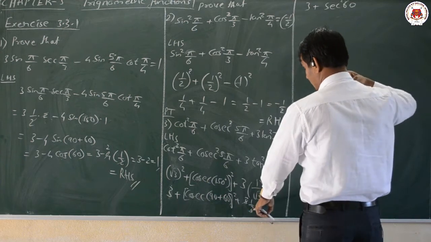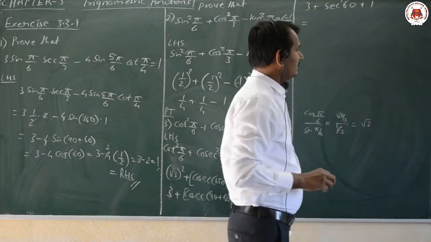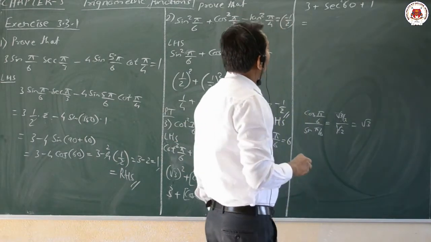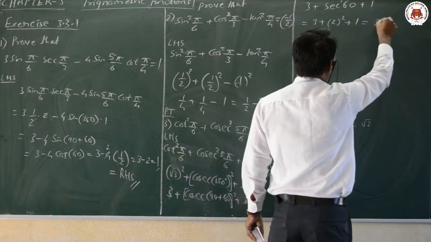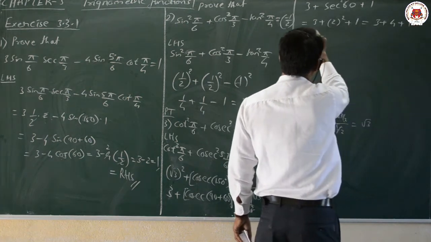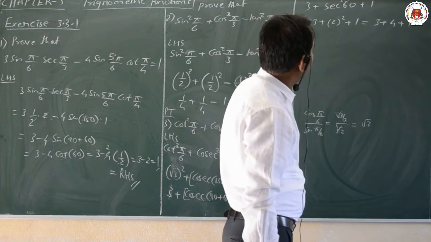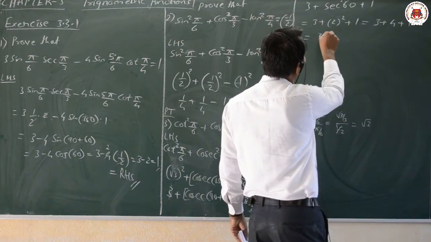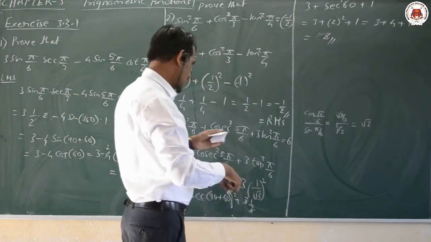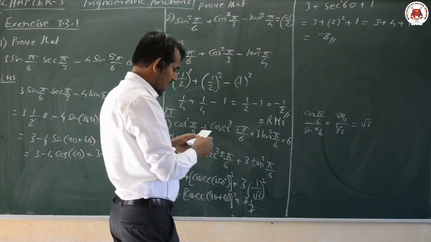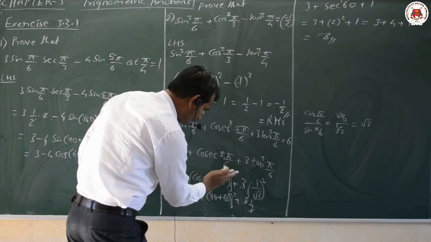Next, the 3 and 3 get eliminated, the value will be 1 here. Now what is this value? That is nothing but secant square of 60 degrees. What is it? That is 3 plus 2 square plus 1, that is 3 plus 4 plus 1. Here the cosecant of 60 is nothing but 2 square. Now what do we get? 3 plus 4 plus 1 is nothing but 8. Dear students, its value is nothing but 8 here. Now one more thing, it is not square here, it is only cosecant as it is.